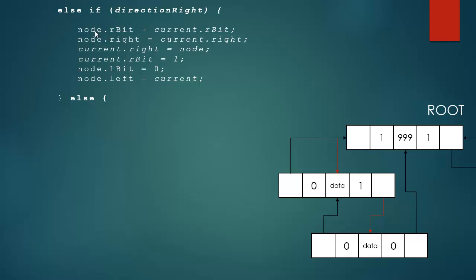See, when you do node.rbit equal to current.rbit, now you want them to have the same rbits because they are the root node in the right direction, so you would expect them to have the same rbit. Now node.right equal to current.right because you want them to point to each other, but in this case what happens is that